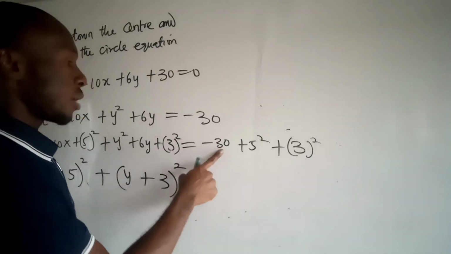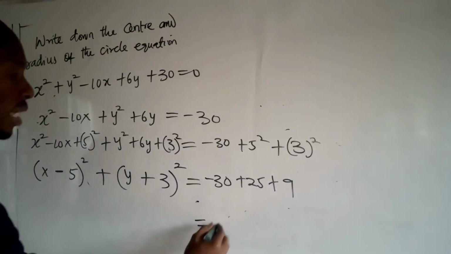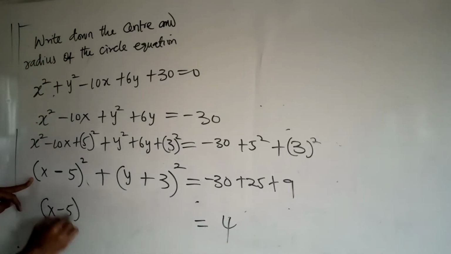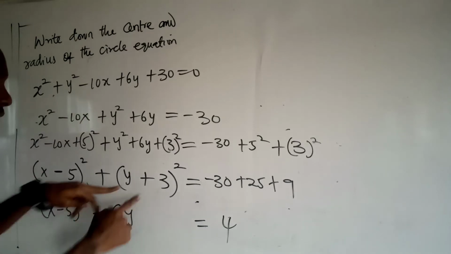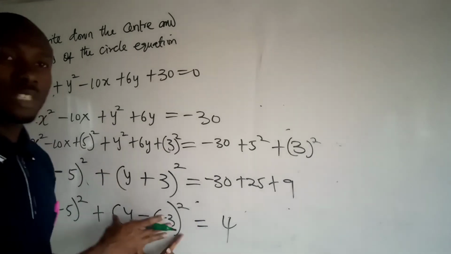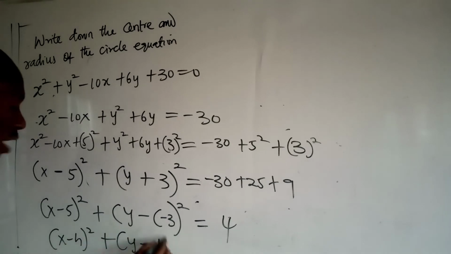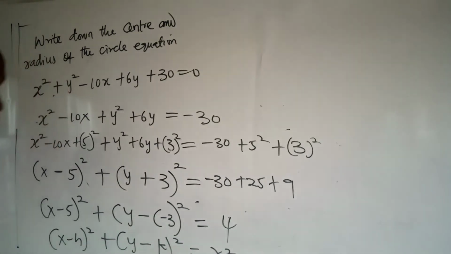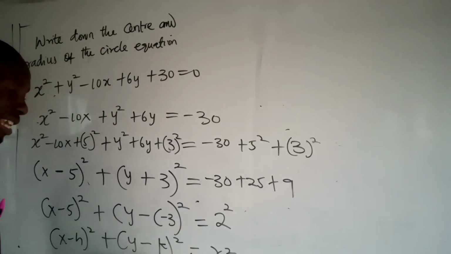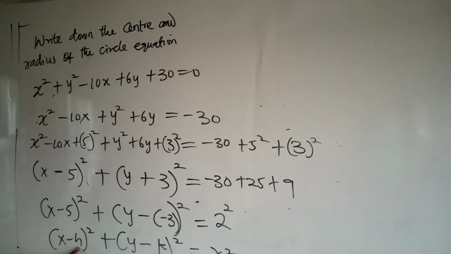Then equal to minus 30 plus 25 plus 9. So this will all give me 4. So I have now x minus 5 all squared plus y, I can write this as plus 3 all squared. Remember, I want to put it in the form of x minus h all squared plus y minus k all squared equal to r squared. You can also rewrite this 4 as 2 squared so that it can be perfectly in alignment with this standard form of a circle. Now you can see clearly that the h is just 5